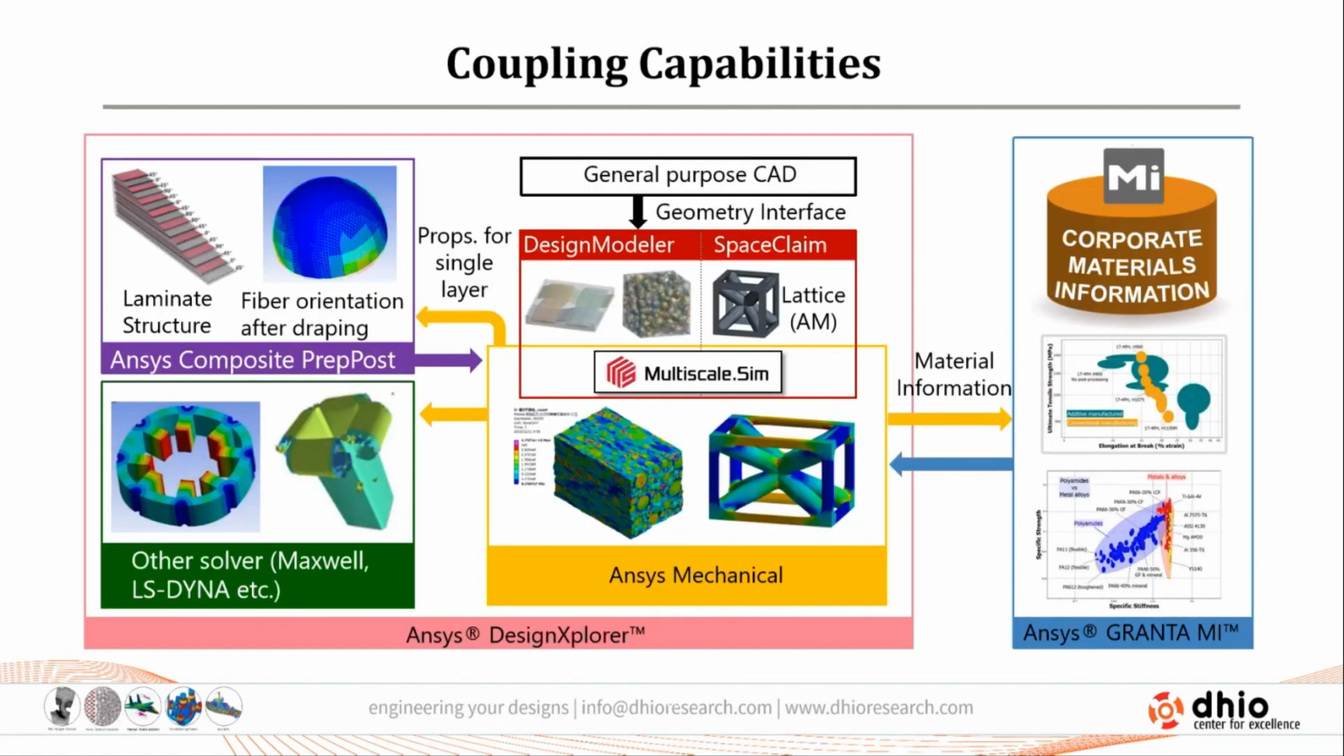So as I told you in the previous slide, the multi-scale SIM can be coupled with the different applications available in ANSYS, starting from DesignModeler and SpaceClaim. These are the CAD modeling software interfaces available. So DesignModeler, and then ANSYS applications, ANSYS Mechanical Workbench or ANSYS APDL, and then whatever the material property you have developed in multi-scale SIM